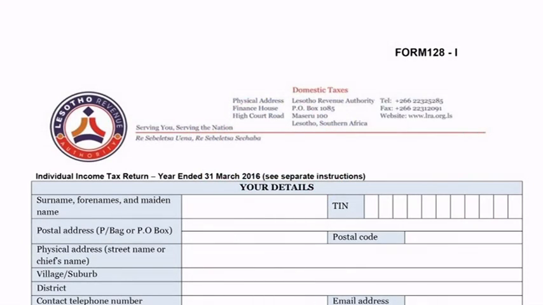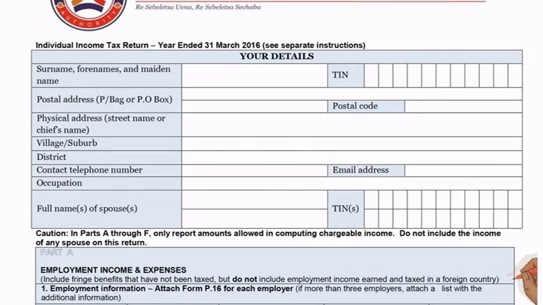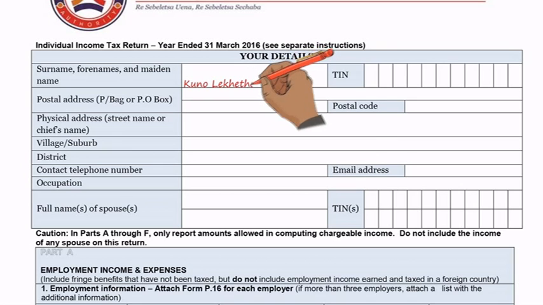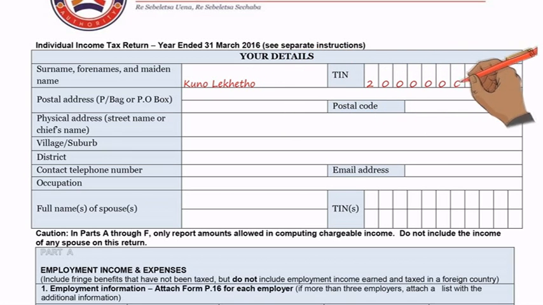Form S128I. This form is filled by sole traders at the end of financial year. It is called Individual Income Tax Return Form. In this section, we fill in the names, surname, forenames, and maiden name, followed by a 10-digit tax identification number,